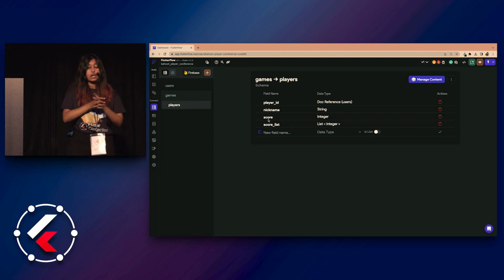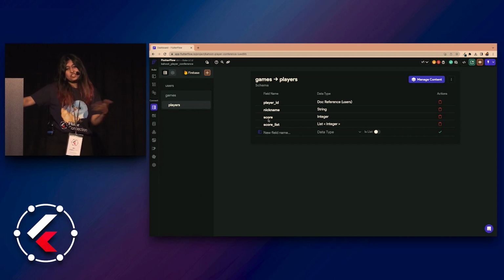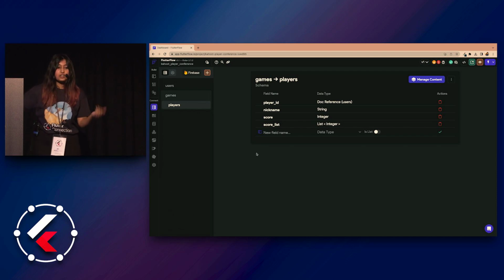So I hope you understand it when I actually start building the FlutterFlow application. I obviously have done the UI part of it, because I think you're not impressed by the fact that it can build UI fast. But what we're going to do is we are going to first build